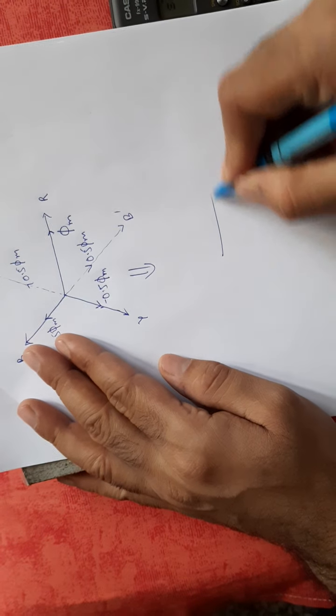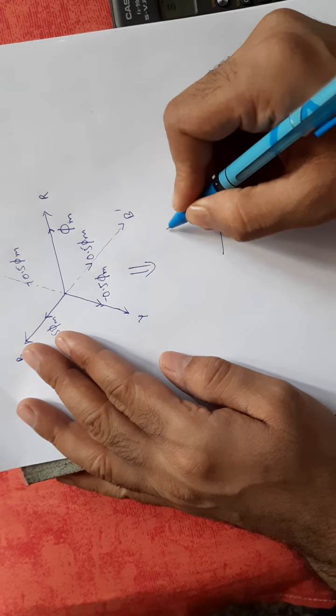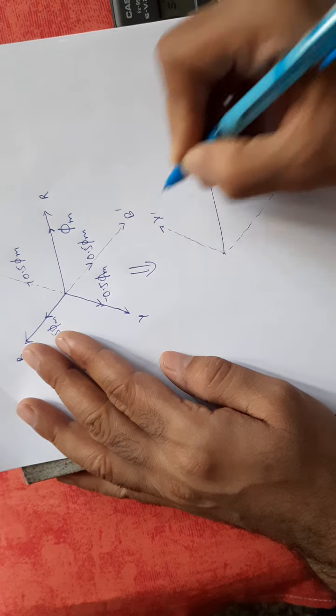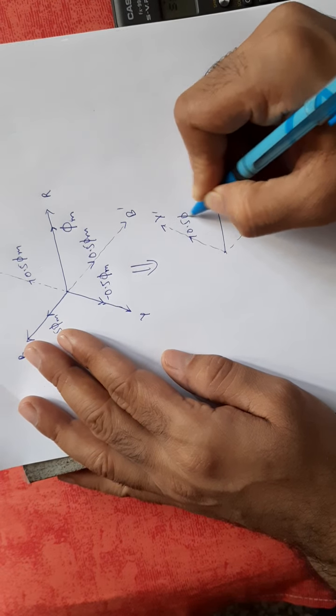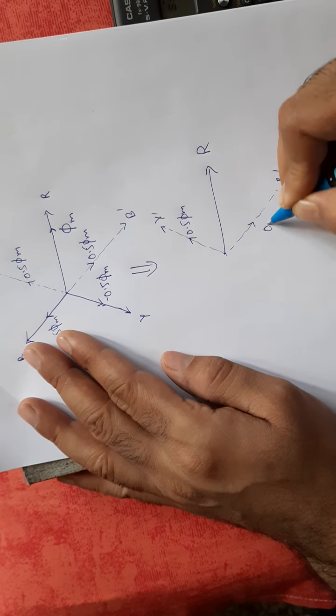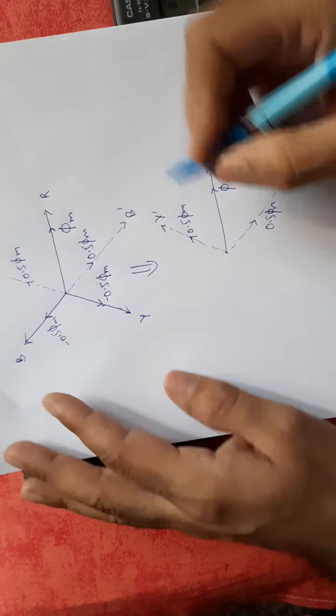Okay. So this is my R, this was my Y dash, and this was my B dash. This is 0.5 phi max, this is 0.5 phi max. This is my phi max. So one more thing here, we are saying this is 120 degree, this is 120 degree, this is 120 degree.